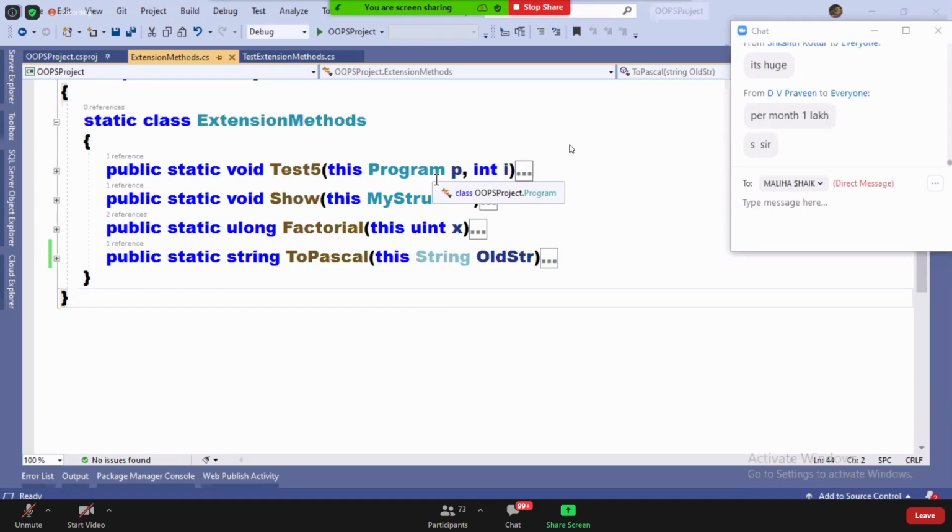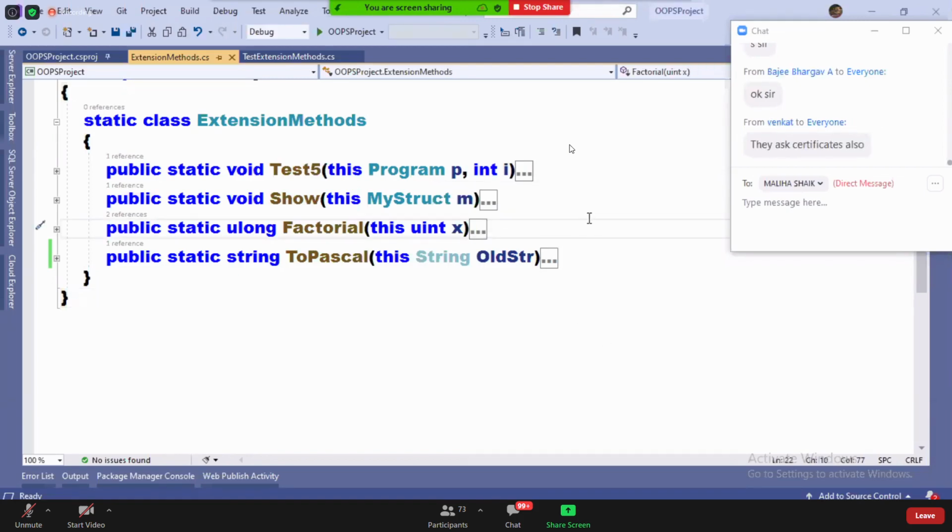So many people, sir, they're asking about a 2 years bond. They'll ask you, 2 years is not a big deal, guys. Some say a 2 years bond is a big deal. 1 year will be over just learning what is present there. Within 2 years, they ask for certificates. See, guys, I'll tell you how it works, they ask for certificates.